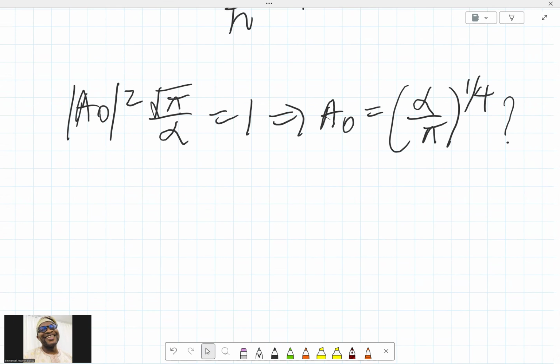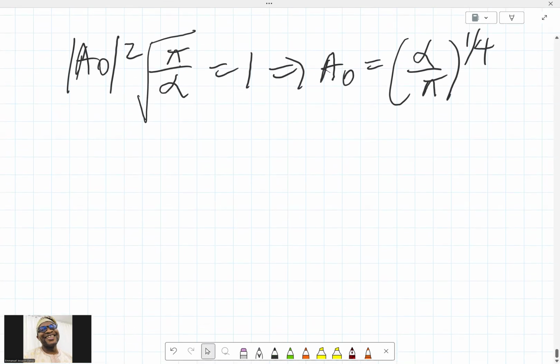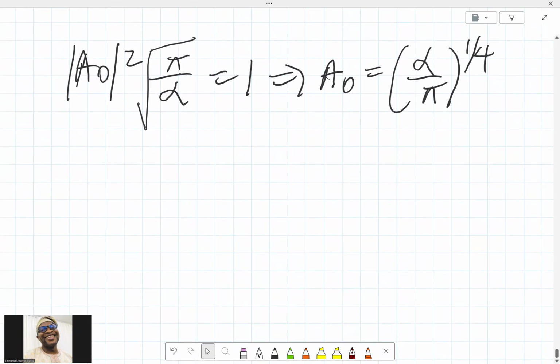So what this simply means is that, from the look of things, the square root is covering everything. Yeah, that's the only way this can make sense. So we have that, right? Thus,